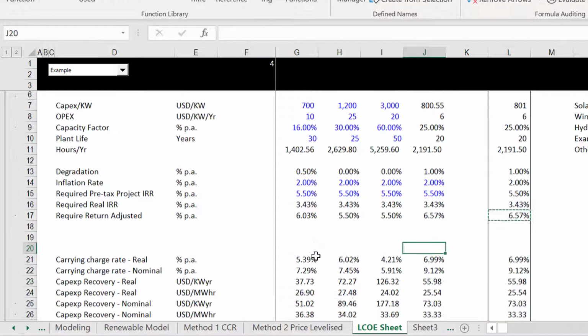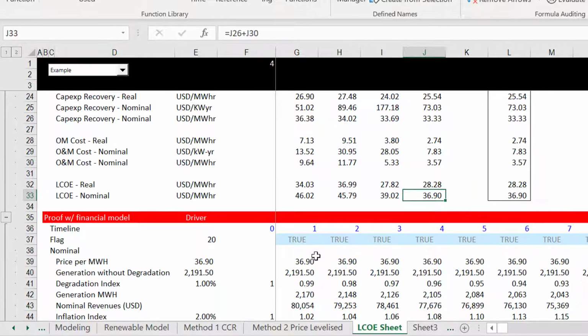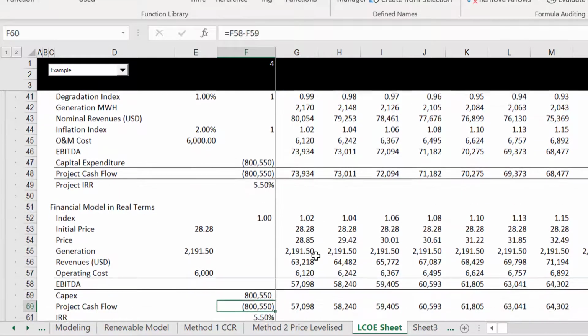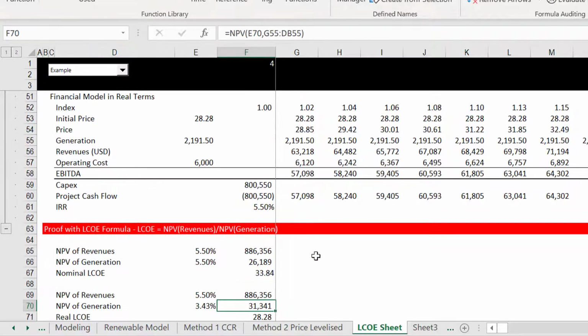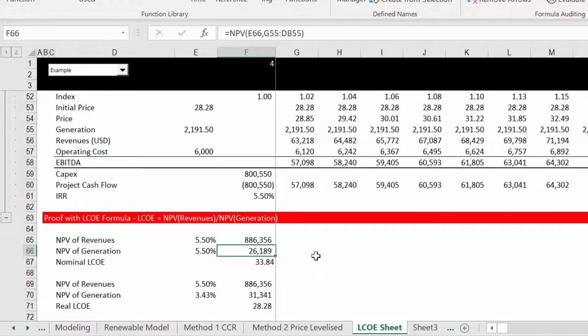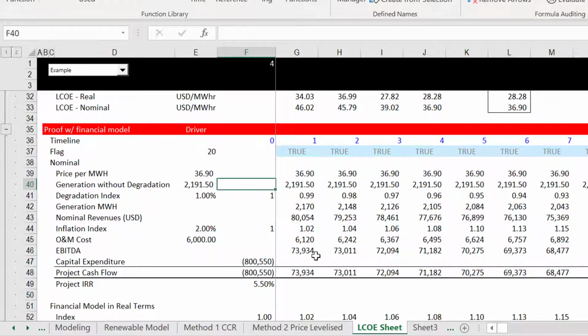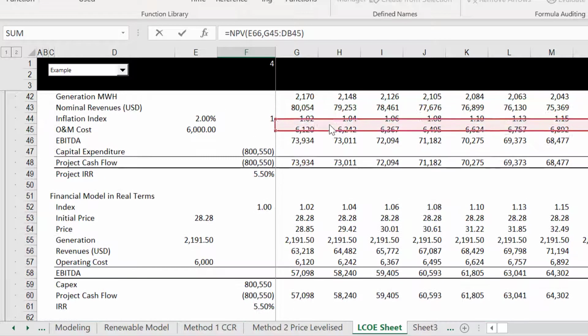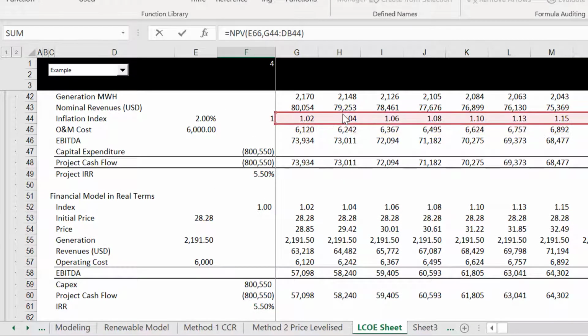So now we can do a little sensitivity analysis. Let's put our 1% degradation, and we get this IRR coming out, and then we put our NPV of generation. Now this time when you do the NPV of generation, remember that the NPV of generation is this line. That's wrong, it should be this. I'm going to put the NPV, and now I'm worried about the real terms, and I'm going to obviously have to